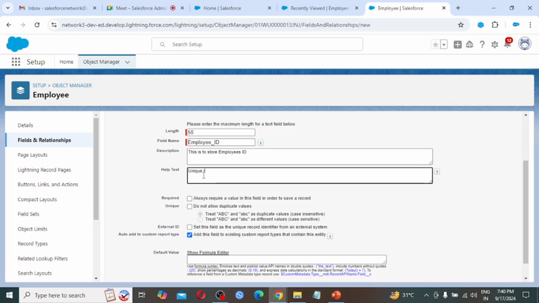Here I am providing unique ID, as in any organization the employee ID will be unique.